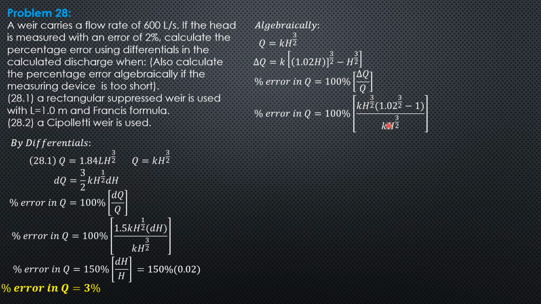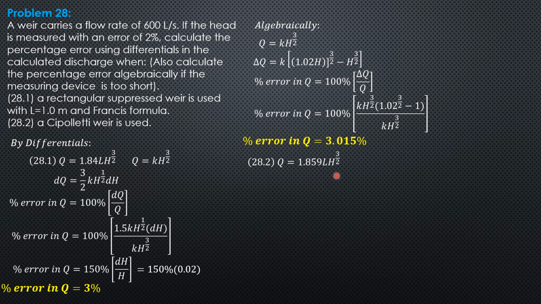So we can cancel this. So 100% of quantity 1.02 to the 3 halves minus 1 is 3.015%. So notice that this is the accurate way, and it is very close to the result using the approximate way. Then by using Cipolletti weir,